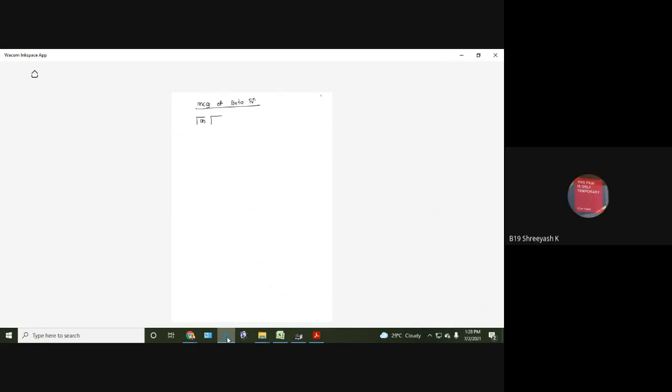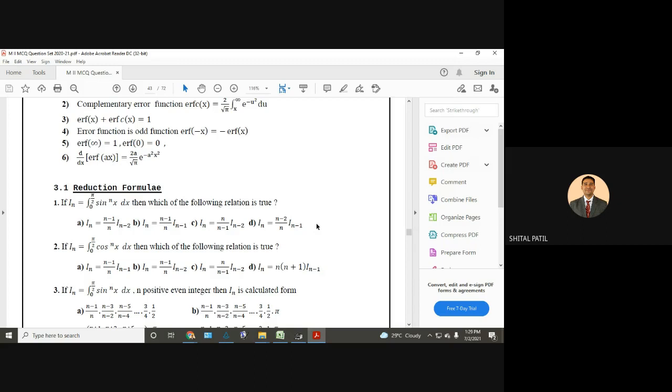The root gamma m multiplied by gamma m plus half equal to root pi divided by 2 raised to 2m minus 1 gamma of 2m. Thank you, sir. Okay. Yes, examples on the gamma beta function.